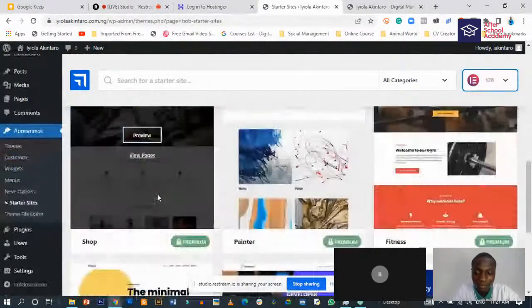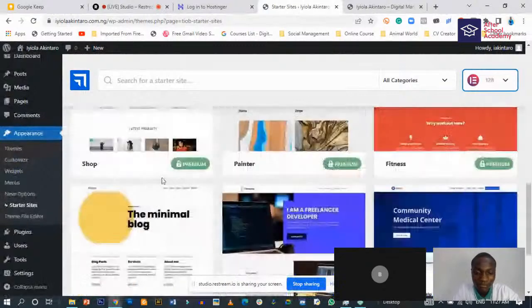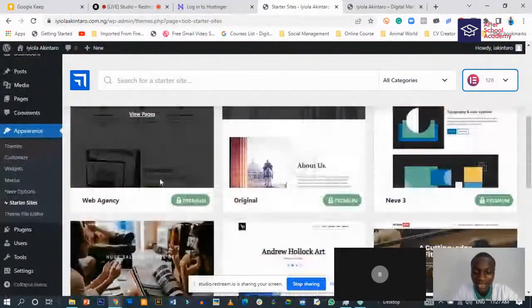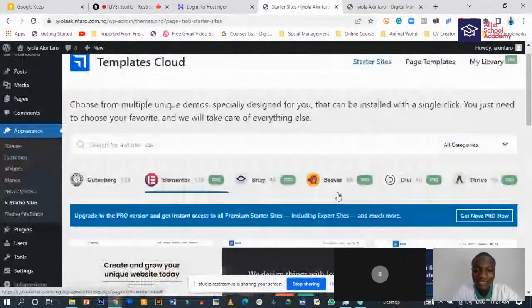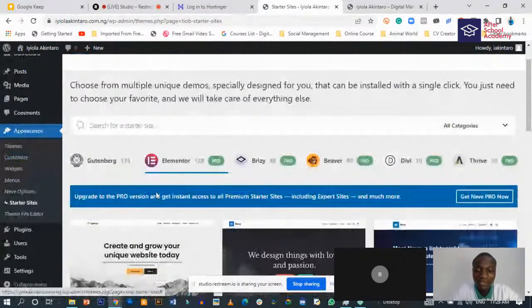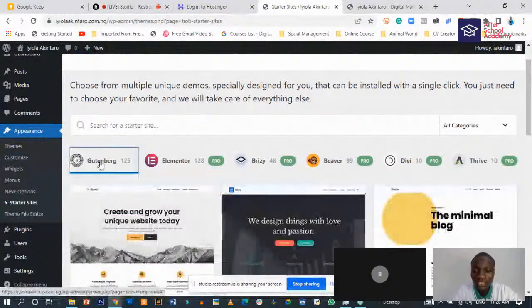Okay, so it seems like all their Elementor starter sites are in the pro version. So the only thing they have on the free version is the Gutenberg. So Gutenberg is basically your